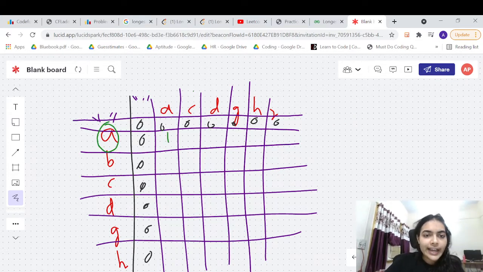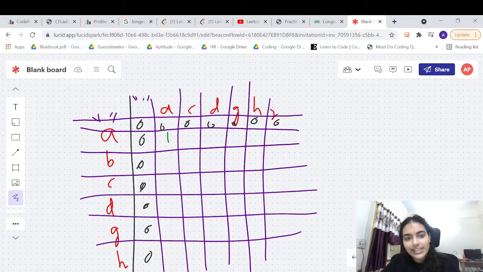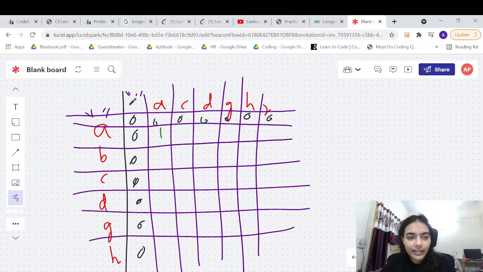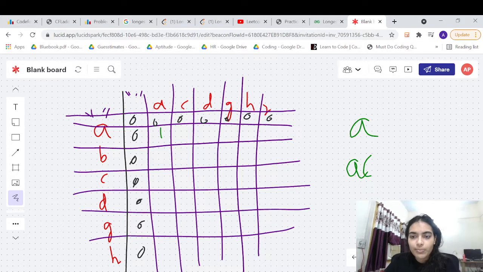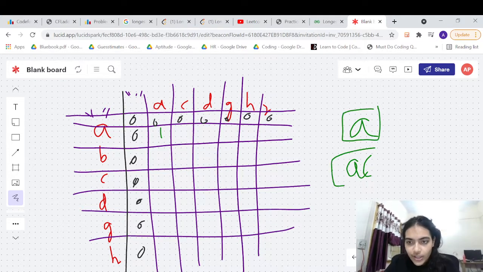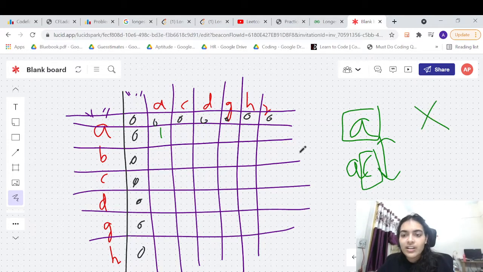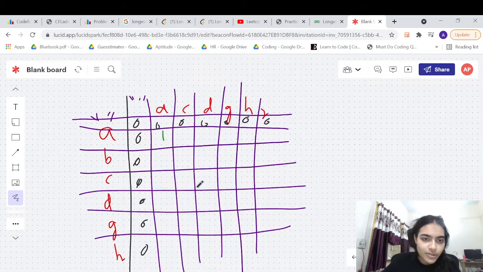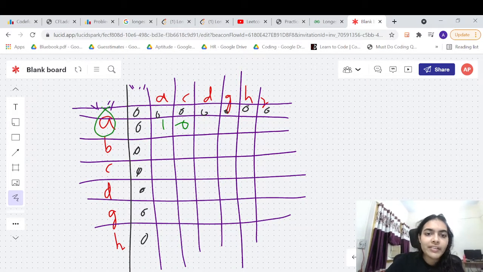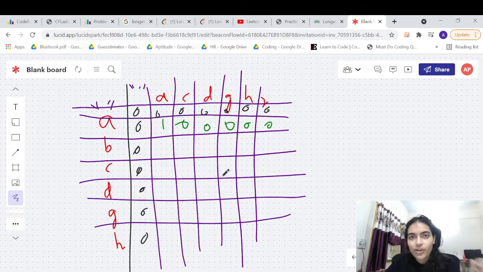Now let us see A and C. We have to include this character. When you are trying to include A and C, they simply don't match at all. If A and C are not matching, how can you have a substring which is continuing together? It's not possible. So in this case, you will simply put 0. Whenever characters are not matching, simply put 0. A and G are not matching, again put 0. This problem becomes very simple because of this reason.